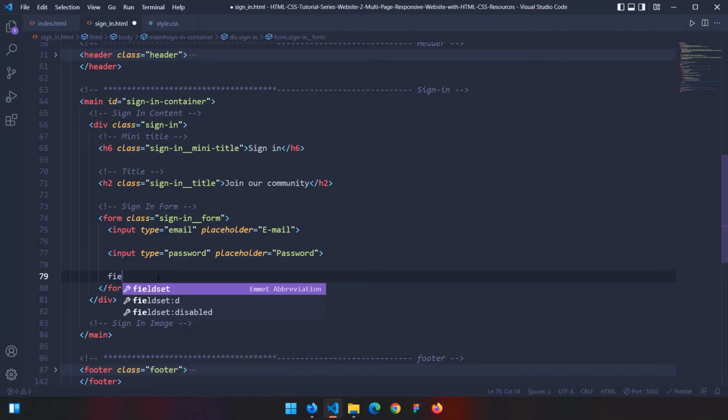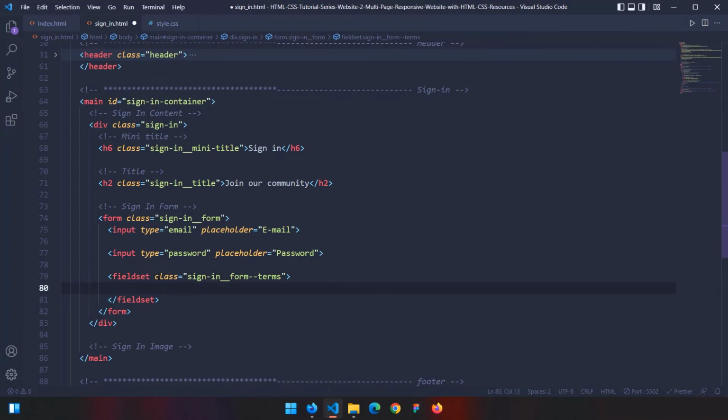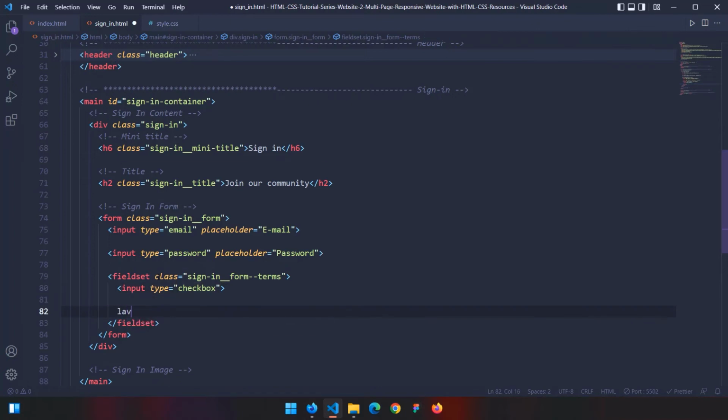So this is going to be a field set, and the field set is going to have a class of sign in form. So let me copy this part, and then I'm going to call it terms. There we go. And in here, we're going to have an input with the type of checkbox, which we are going to customize. And then we're going to have a label for the checkbox. The label is going to say, I agree to